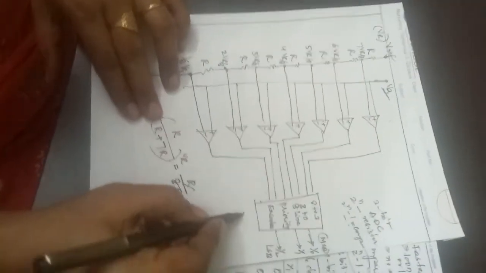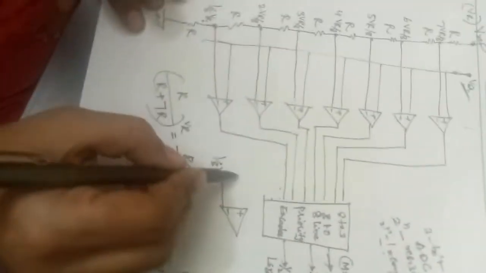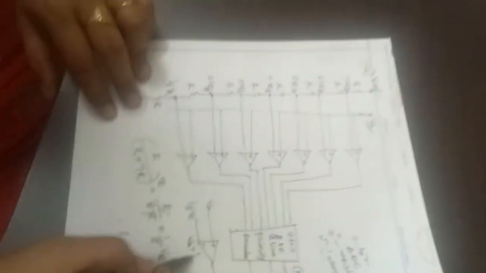Here you take this one comparator. So plus and minus. This minus is connected to the reference voltage VR. Suppose you take this comparator. It is 1 by 8 VR, and the positive terminal is connected to what? Our unknown voltage, the analog input voltage. So suppose VA is greater than 1 by 8 VR,